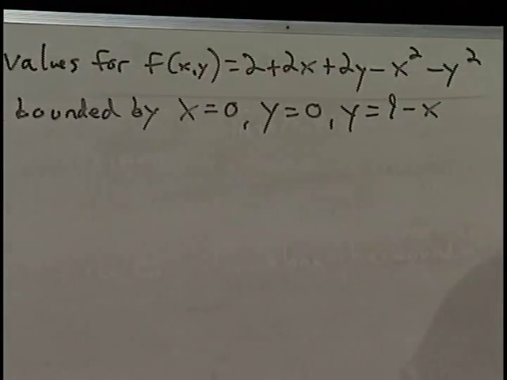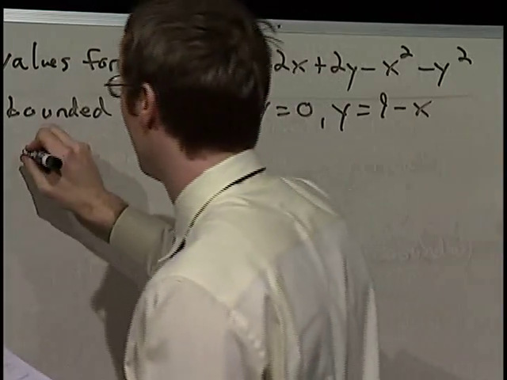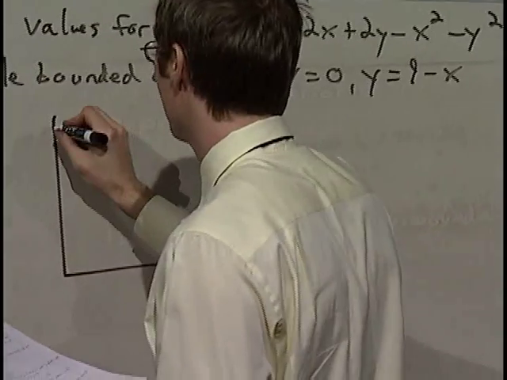Right, so we got 3 lines for a triangle. That works. So our boundary region,